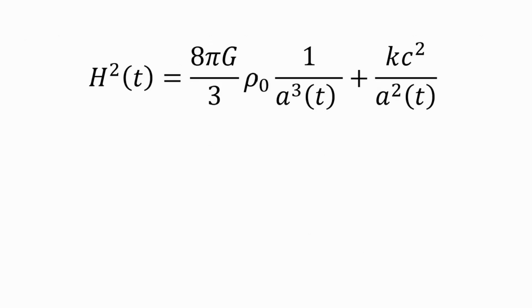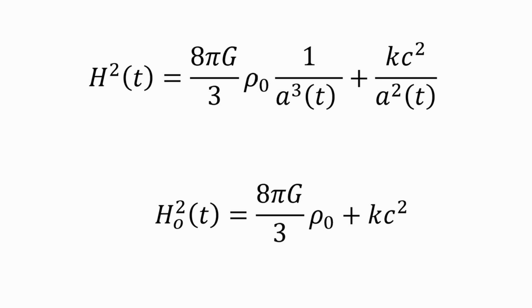The left-hand side function h of t describes how the shell expands. The first term on the right-hand side is how mass concentration changes as a function of the expansion, and the last term is related to the energy content of the shell and its curvature k. For today's condition we can write, defining